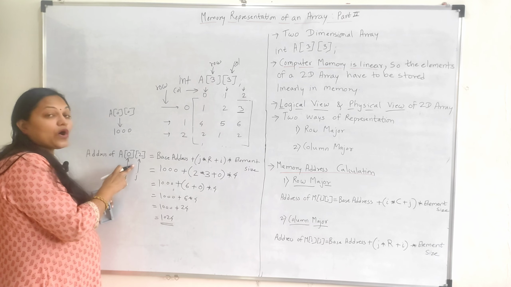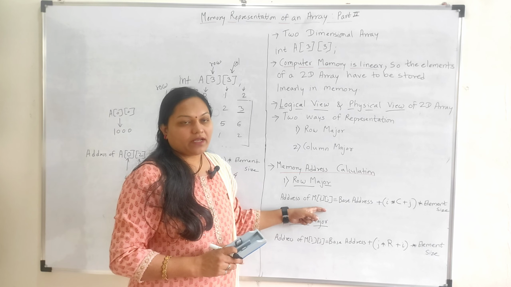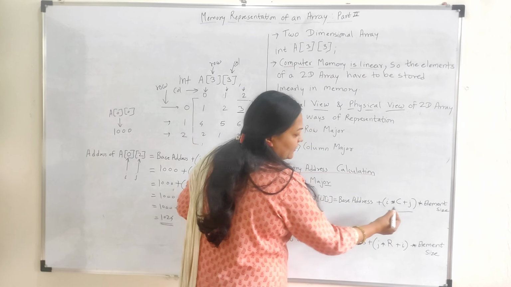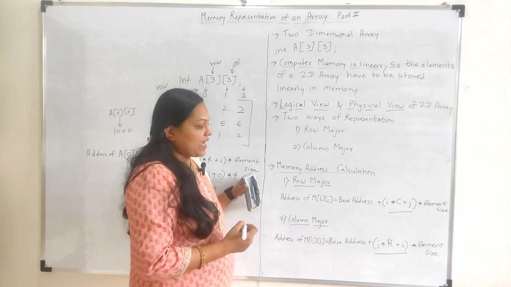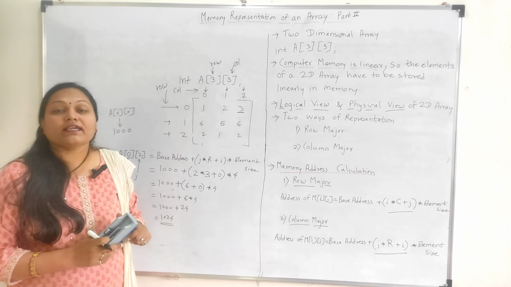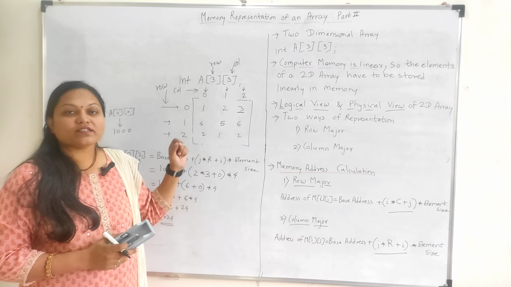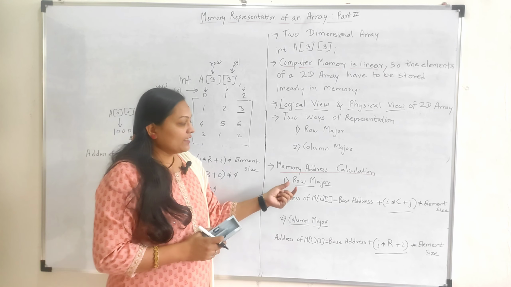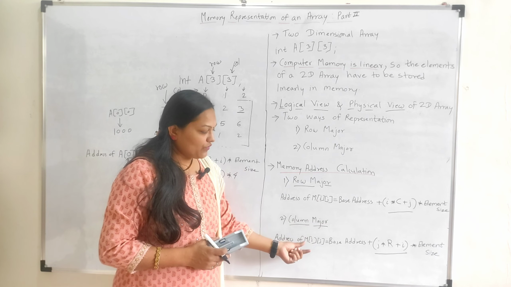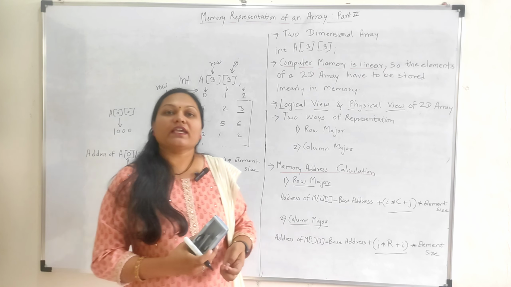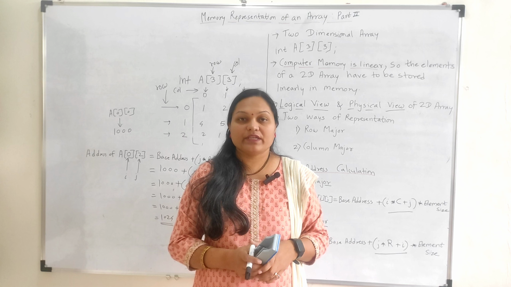If you are considering column major, okay, and if it is row major, then we need to use this formula. There is only one change here. I into C plus J we need to consider for row major, and here we need to consider J into R plus I. So in this way we can calculate the address of any element at a specific index in a two-dimensional array. So it depends on the memory representation; we need to use the formula accordingly, and by using that formula we can calculate the address of the element at the specific index.